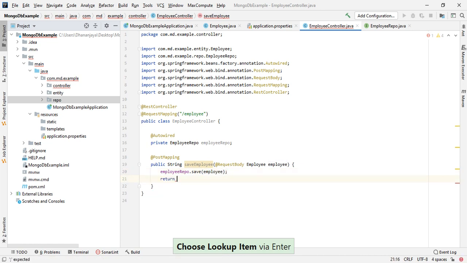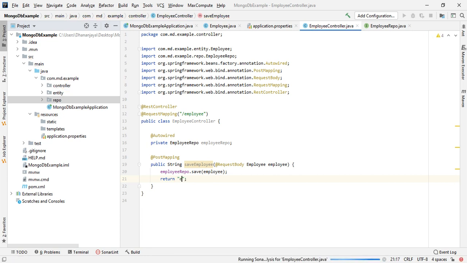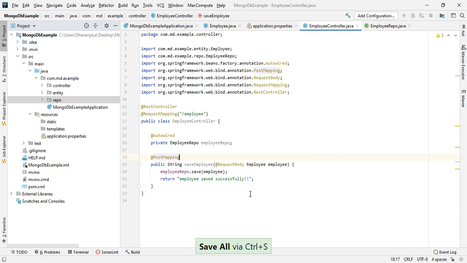Let's return a message, employee saved successfully. So that's it. We're saving the employee here.